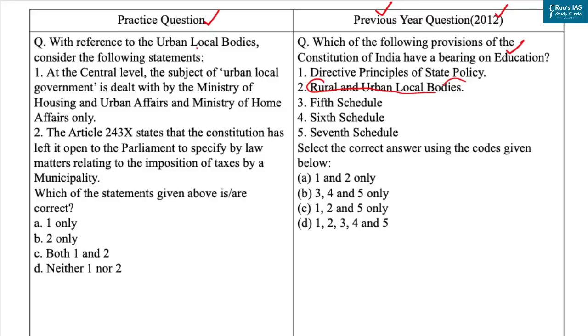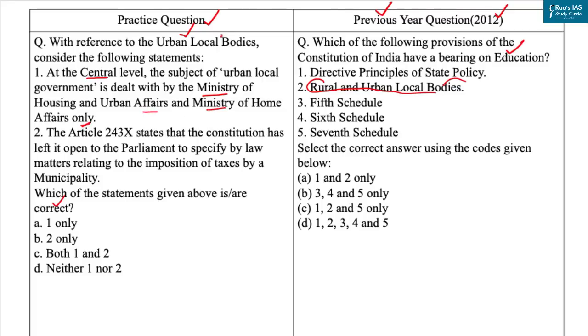Now let's come to the practice question. Here you have to identify the correct statements with reference to the urban local bodies. The first statement is, at the central level, the subject of urban local government is dealt with by the Ministry of Housing and Urban Affairs and Ministry of Home Affairs only.